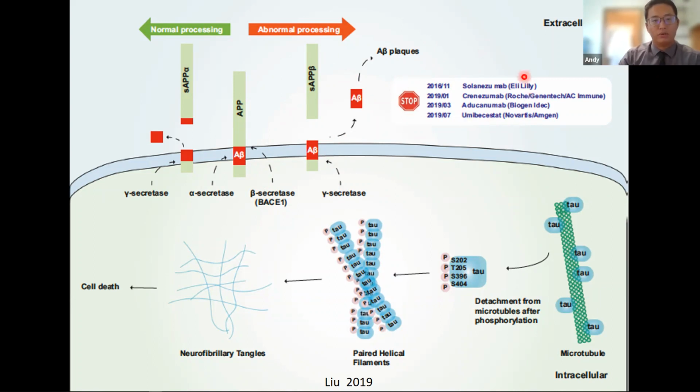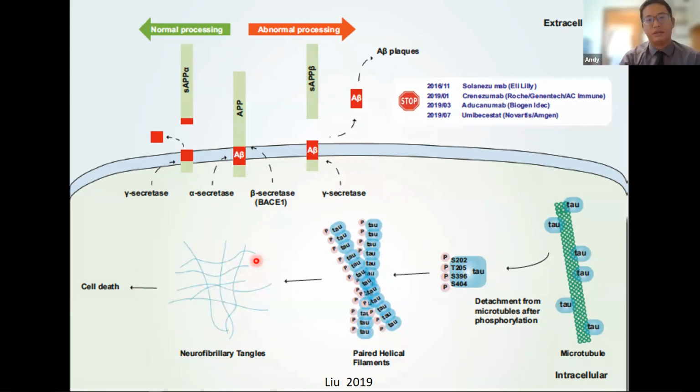You can see all of these medications are aimed at the A beta plaques, both soluble and insoluble. And unfortunately, there has not been a strong disease modifying therapy to date. And unfortunately, that includes the aducanumab that was approved by the FDA in June. Now we go intracellularly, you see these tau proteins that are stuck to the microtubule. If they are phosphorylated, they come off the microtubule, start aggregating together and form neurofibrillary tangles, and then eventually lead to cell death.